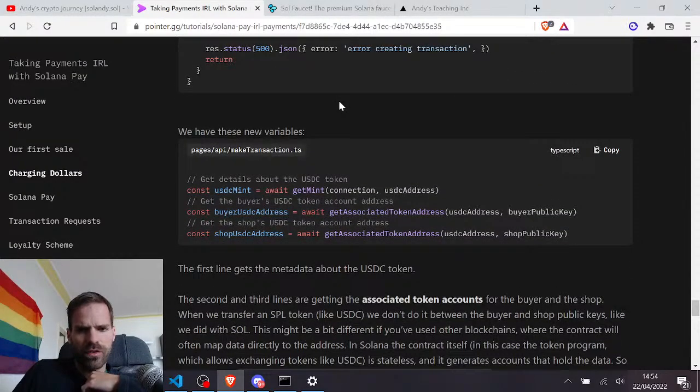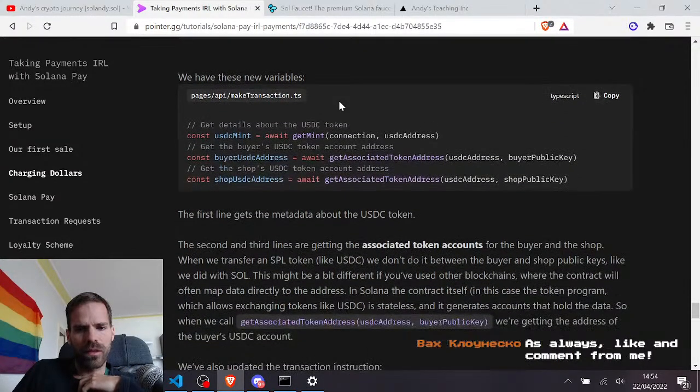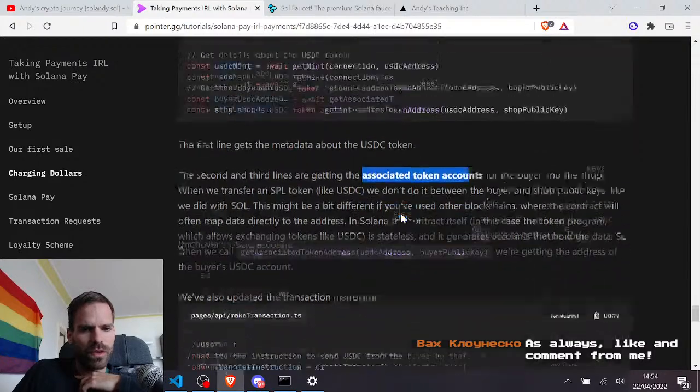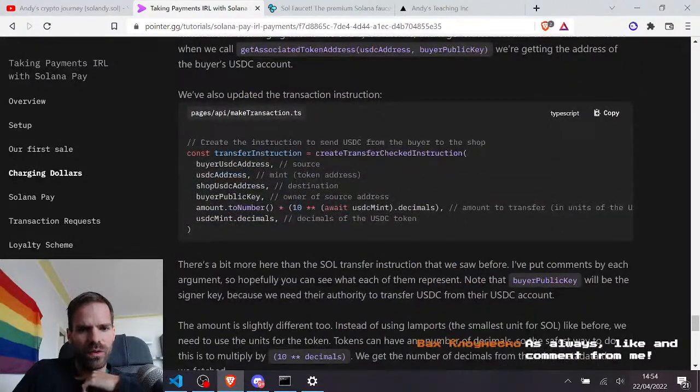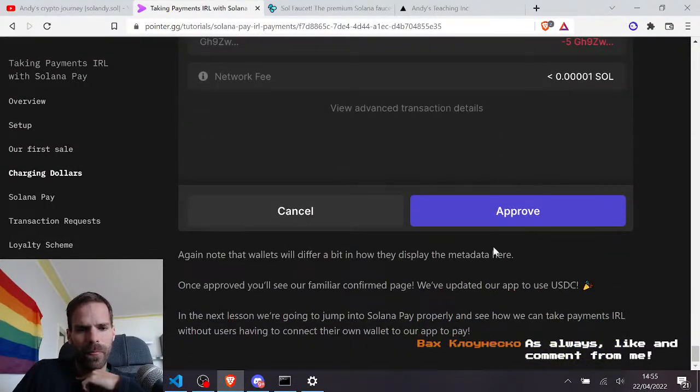I judge this to be not a waste of time, but I could use my time better. There it talks about associated token accounts. That's all like nothing new really. Create a transfer instruction. And then we transfer tokens instead of Sol. So we're going to skip this part of the